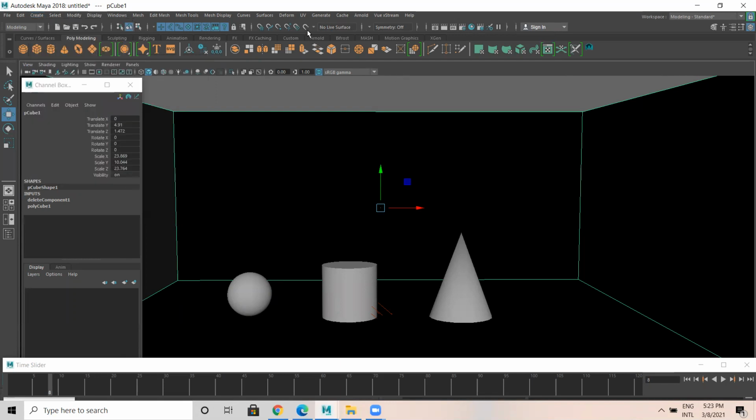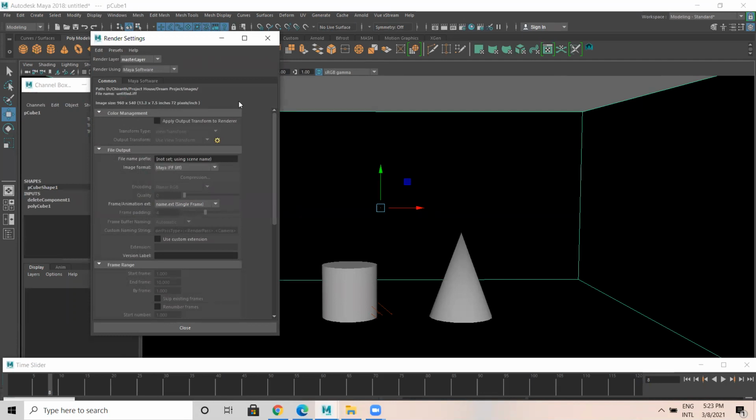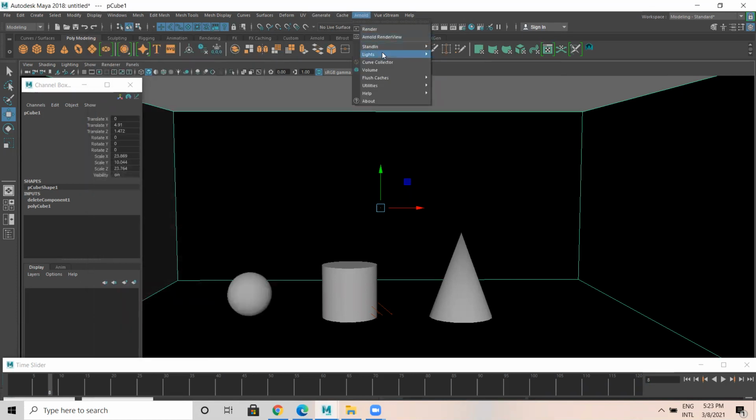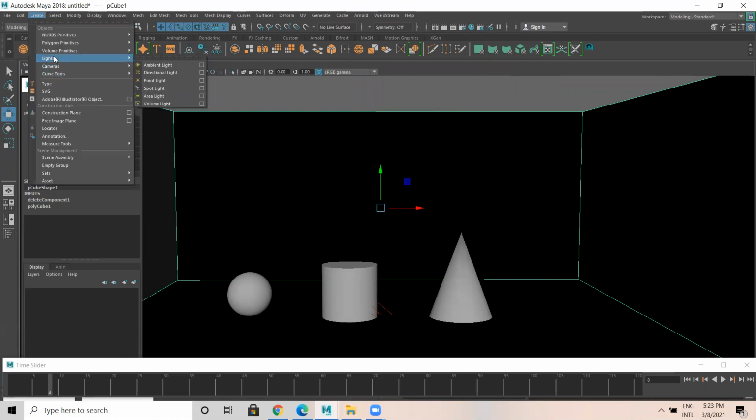Apart from that, based on the render engine, I have a render engine called Arnold, which is in render settings. If you go to render settings and choose Arnold, then you can come to Arnold lights. Arnold also has six lights. There are a bit of differences between Maya lights and Arnold lights. Now let us see the default lights. We can achieve a fair amount of output or detailing using Maya default lights.